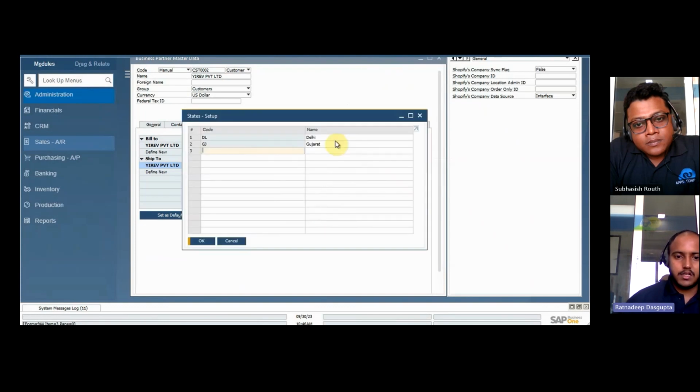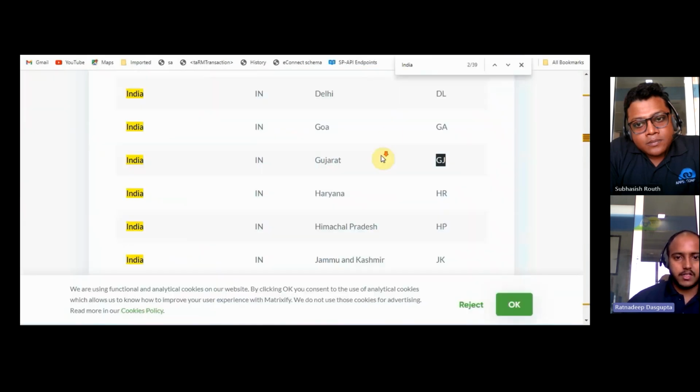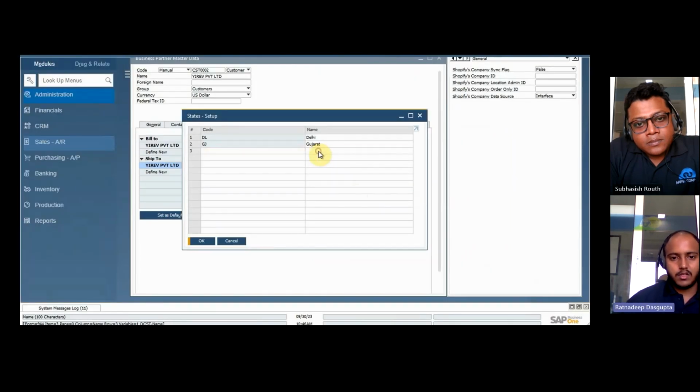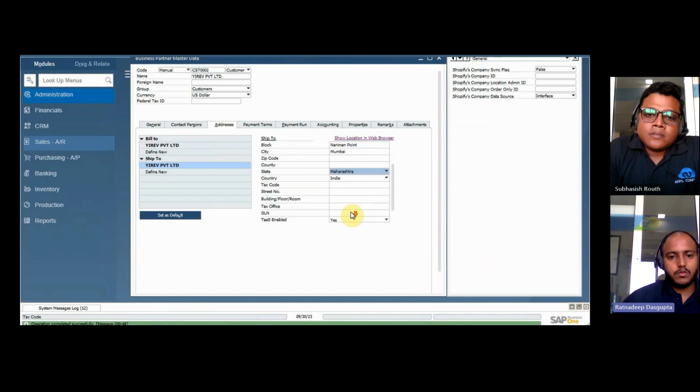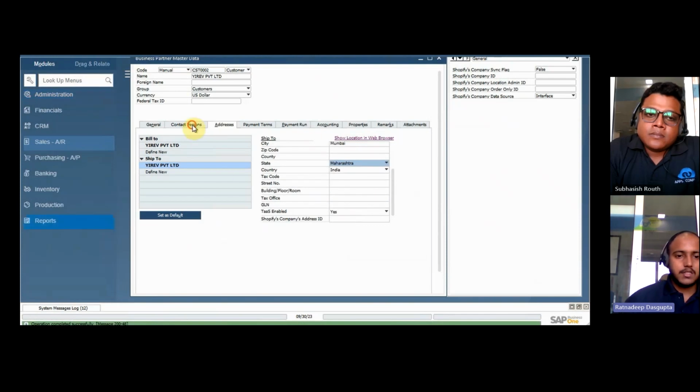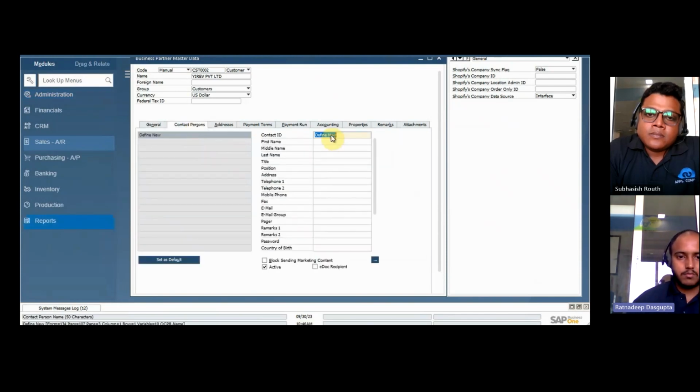So I'll just add the state of Maharashtra as well here, since I have taken the address of Mumbai. So let me just quickly add it there as well. So I'm just updating it. So usually if it has a well set up SAP, all these things will be set up. So now I'll just add a contact